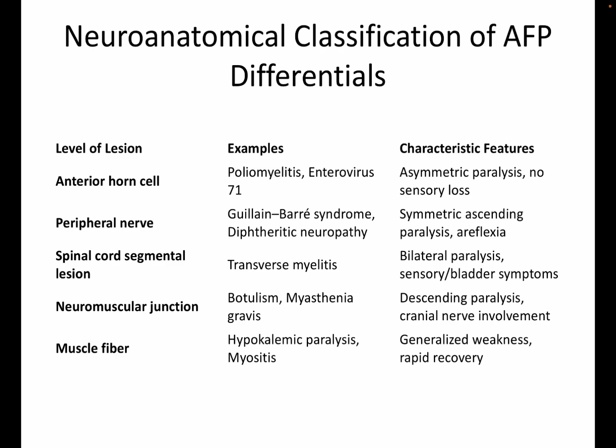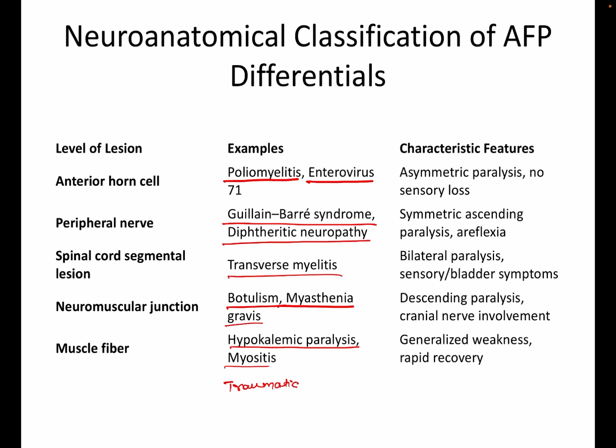Okay, to sum it up, these are all the differential diagnoses: poliomyelitis and enterovirus 71, GBS, diphtheric neuropathy, transverse myelitis, botulinum toxin, myasthenia gravis, hypokalemic paralysis, myositis. In addition to that, there can also be traumatic neuritis. So, what will be the characteristics of these? In case of poliomyelitis, there will be asymmetric paralysis associated with no sensory loss. In GBS, symmetric ascending paralysis, as well as